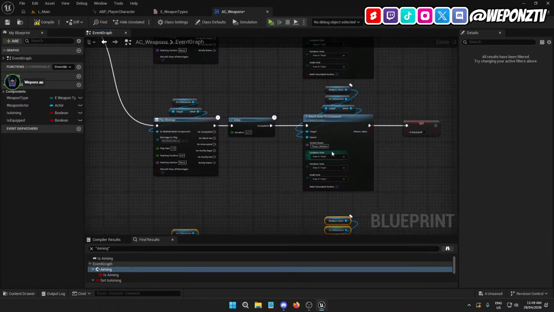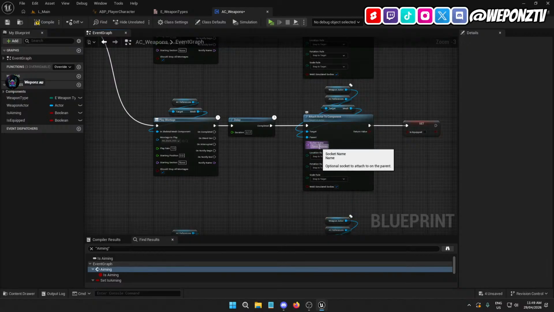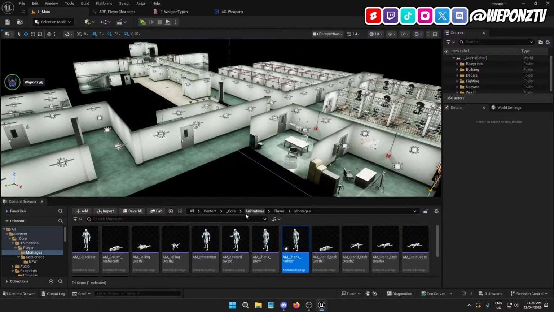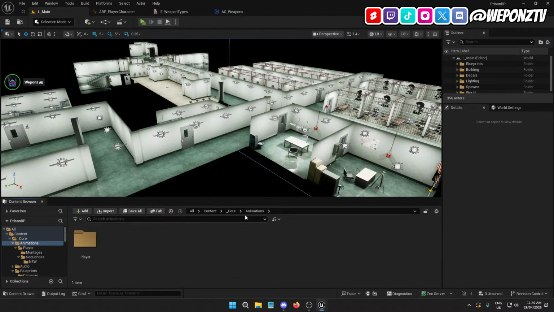Okay, if it's equipped, we want to holster it. Okay, shank holster. Work out what we're going to do with the actual object. Okay. Shank holster. We might as well make a holster for the thing. Just so it's